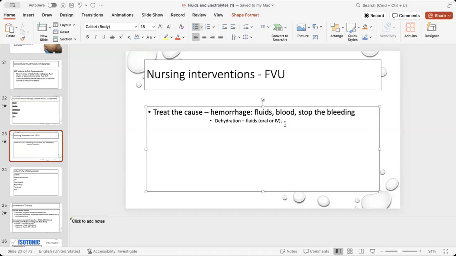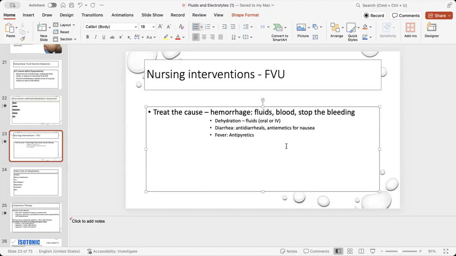Okay, what if I have diarrhea? Are there any medications I can use? If I'm nauseous and vomiting, yeah, an antiemetic. Maybe I have a really severe fever and I'm losing a lot of fluids that way. How can you treat a fever? Acetaminophen. Okay, an antipyretic: acetaminophen and NSAIDs. Let's see, what else?